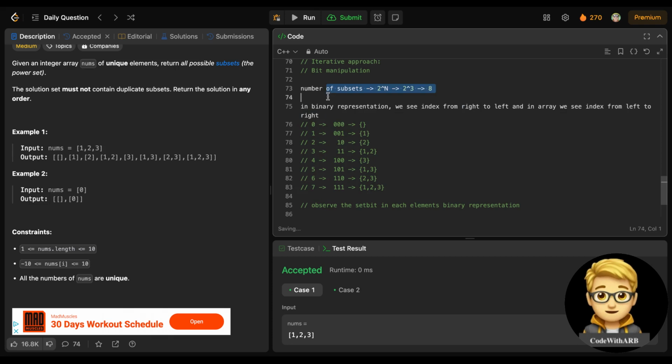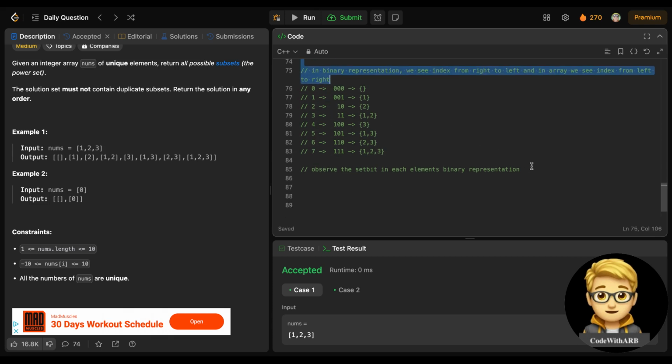So what we are doing here is iterating. We will iterate from 0 to 2 to the power n, and this upper bound should be excluded, right?